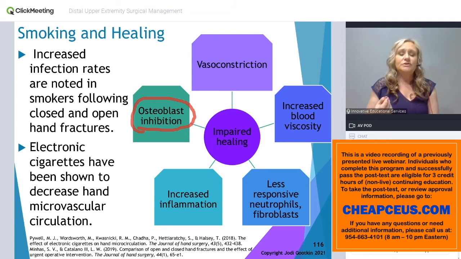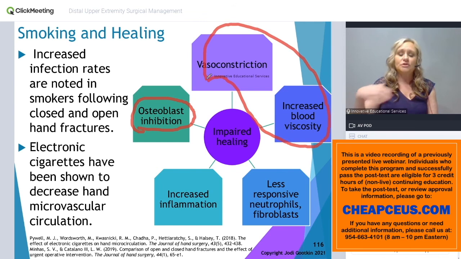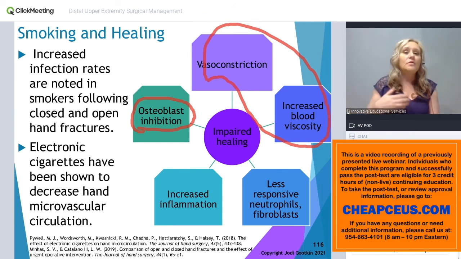This is going to serve as a vasoconstrictor. They find that the platelets actually aggregate more. So in addition to being a vasoconstrictor, it changes blood viscosity, which can alter the circulation to the area that is attempting to heal. The carbon monoxide from the cigarettes changes oxygen transport and metabolism. So does the cyanide. It seems to inhibit the enzymes that are supposed to instruct the oxygen to be released